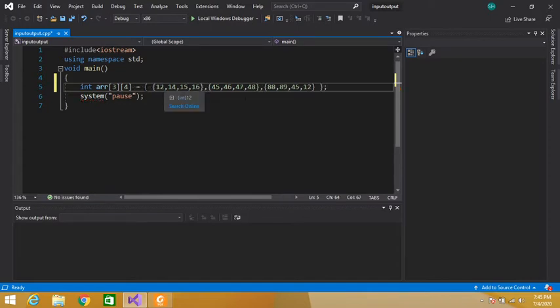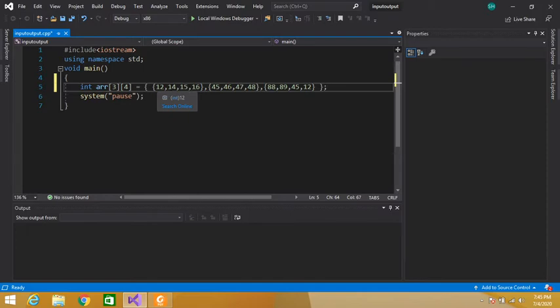So this is our first row, this is our second row, and this is our third row. So 3 rows and 4 columns. This is our first column, this is our second, third and fourth.